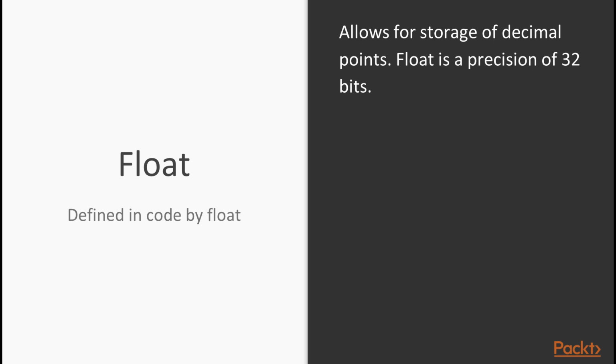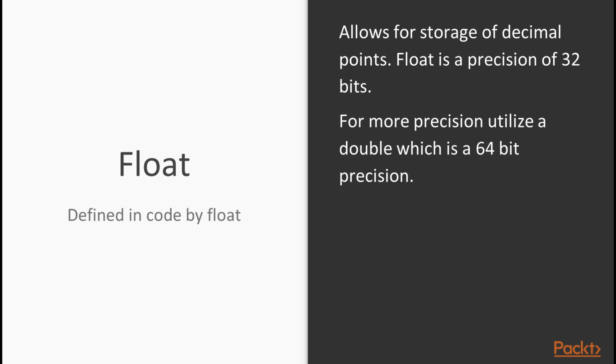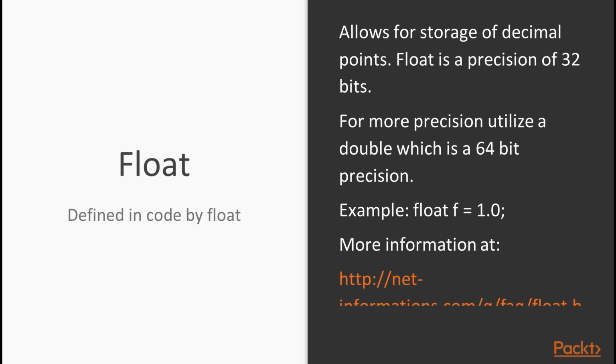32 bits. If you want to be more precise, you can also utilize something called a double, which is a precision of 64 bits. But again, for our application, we don't need to be that precise with 64 bits. We're not going to be using that much. I do suggest to read up at the link below, which contains more information with the difference between floating point arithmetic versus double. It's very interesting to read up a bit more about it. But again, for our discussion point and this application, this basic introductory to C++ programming, we're only going to be